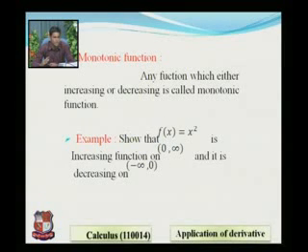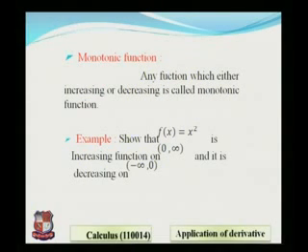Now next definition is monotonic function. What do you mean by monotonic function? Any function which is either increasing or decreasing is known as a monotonic function. Okay, let us see one example. We have to show that f of x is equal to x square is increasing function on interval 0 to infinite, and it is decreasing function on minus infinite to 0. Let us first prove that this function